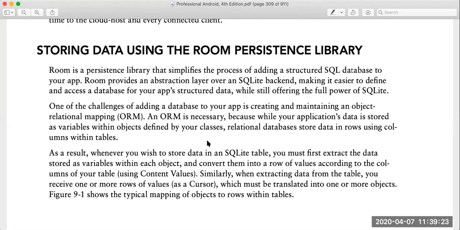Room is a persistence library that simplifies the process of adding a structured SQL database to your app. Room provides an abstraction layer over the SQLite backend, making it easier to define and access the database for your app's structured data while still offering the full power of SQLite. One of the challenges of adding data to your application is creating and maintaining the object relational